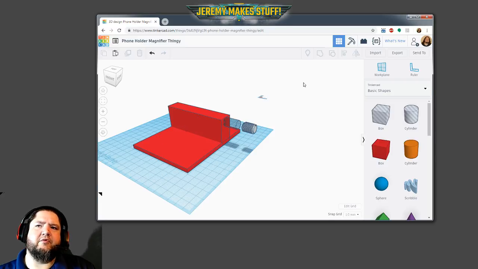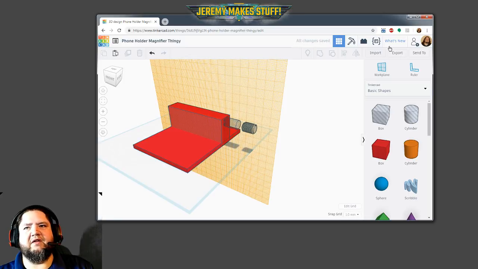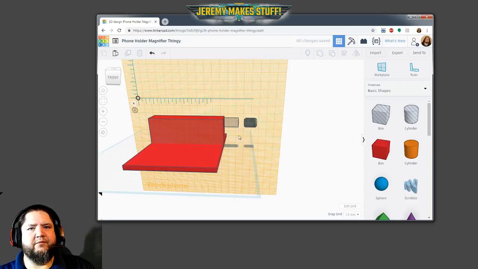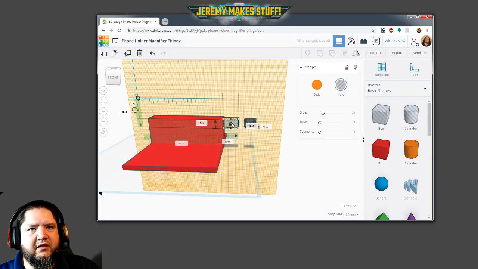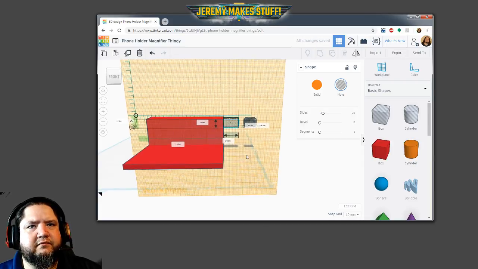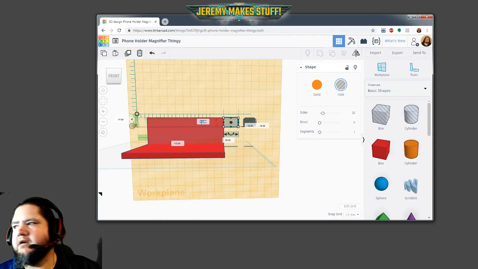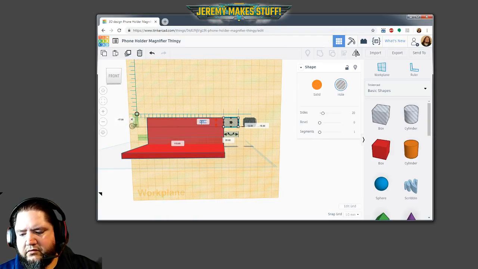How did I do that before? Oh, it's work plane, not ruler. That's why, yeah. Work plane to this face. Put the ruler here. I want this to be down to